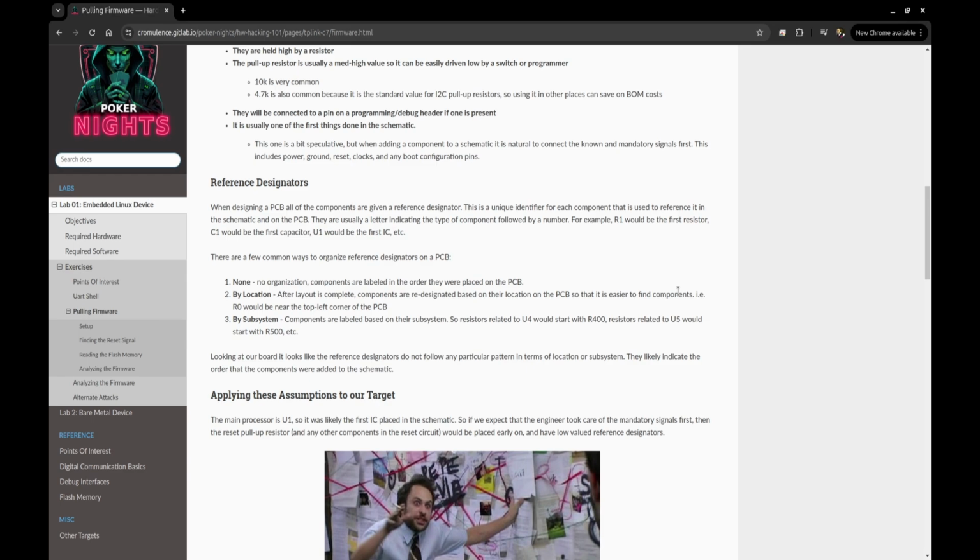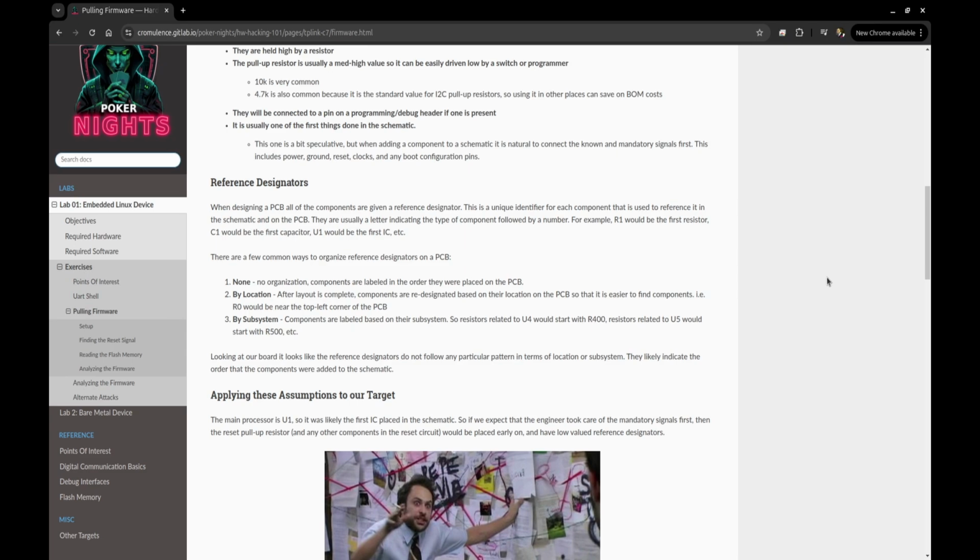Basically, they're going to get an ID number based on when they were put in the design. So the first resistor you add is going to be R1, and it's just going to keep going up from there. Another way to organize is by location. So they have scripts in a lot of the PCB layout tools. Once you get your layout complete, you can have it rename all of the reference designators based on their location